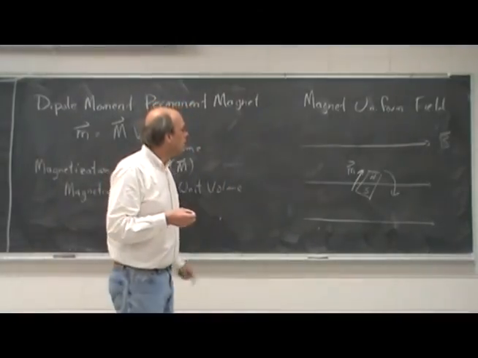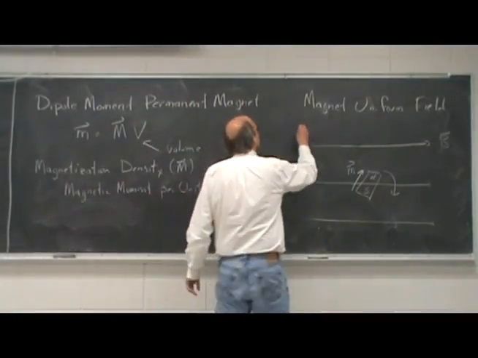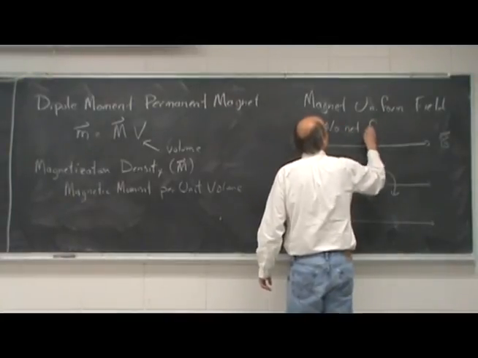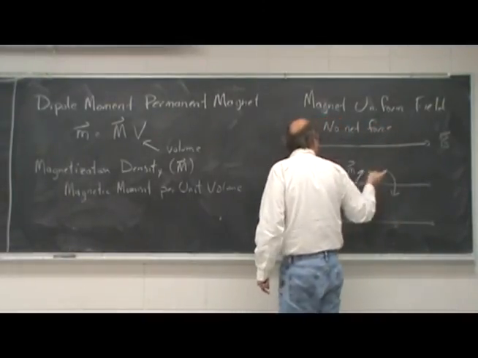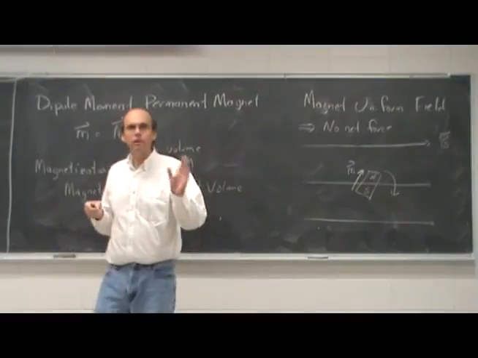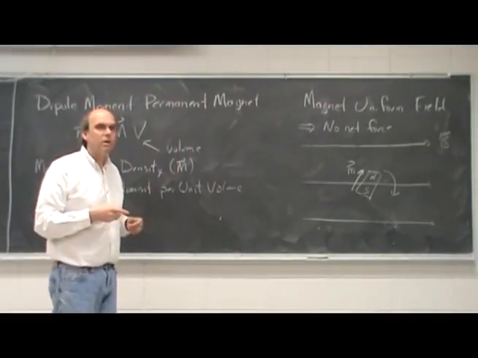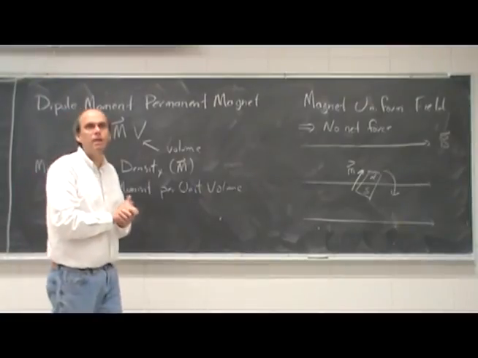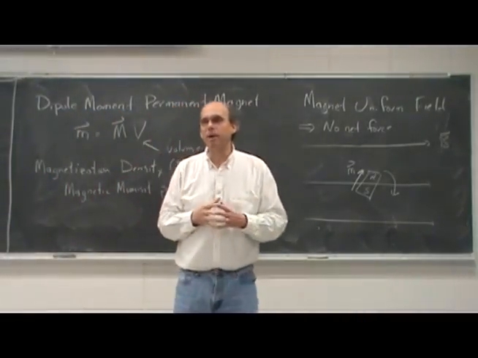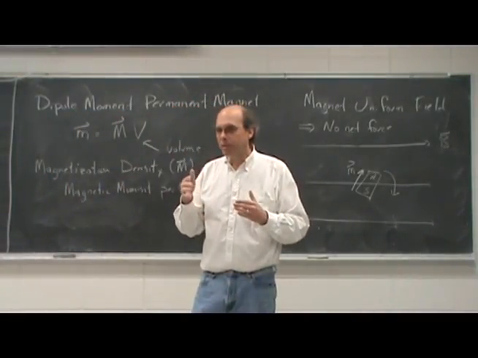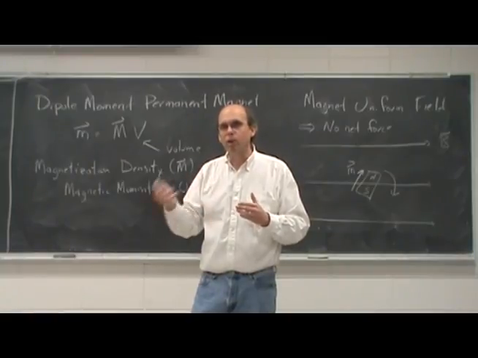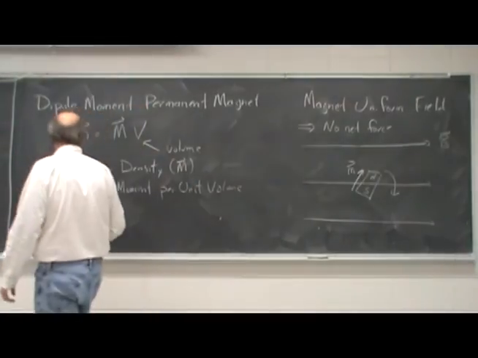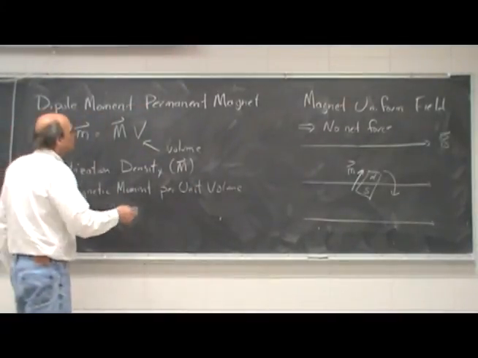But in a uniform field, there would be no net force. So it wouldn't travel left or right or up or down, it would just oscillate. So the primary thing magnetic fields do to magnets is they spin them. So we have to talk about things whose major property is rotating something. So instead of force, we're going to have torque. So first,